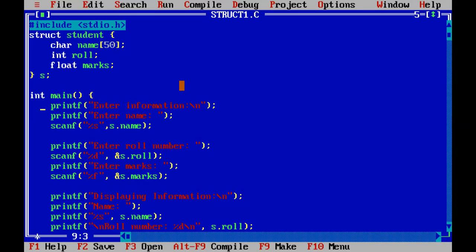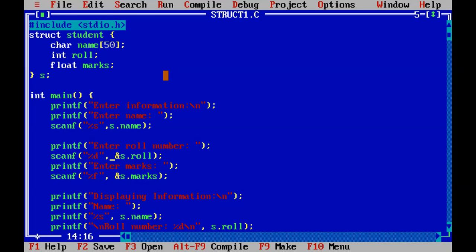After that, printf enter information, then printf enter name, then scanf %s s.name. s.name means it will store in the name. Here we don't require the ampersand symbol, because it is a string.